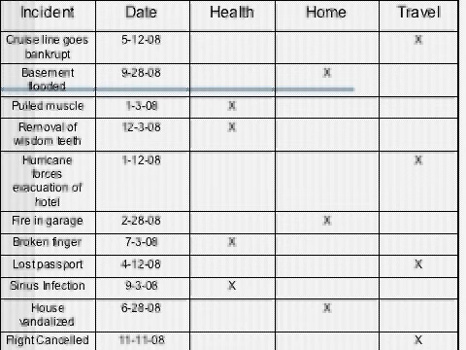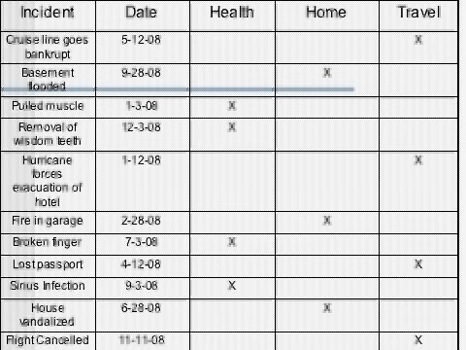This is a list depicting all the possible negative incidences for an individual. As previously stated, the individual is debating whether to purchase health, home, or traveler's insurance. Although it is ideal for the individual to purchase all three types of insurances, the costs of each prevent this